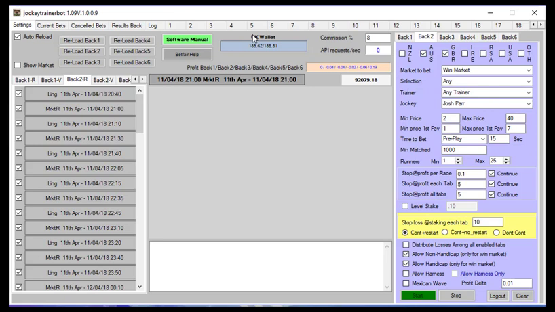Like today, for example, we had 5 meetings, although one was cancelled halfway through because of a dust storm. But we had 40 races, and in the weekend we can have over 100 races on a Saturday. So there's plenty to choose from. Here on commissions,